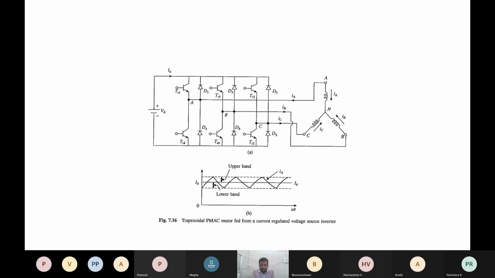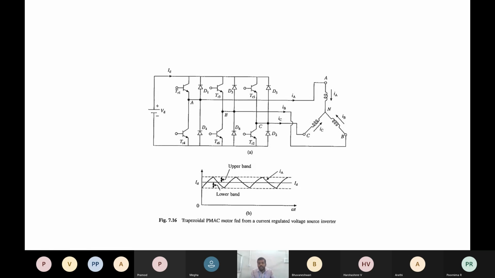Okay, so this is our path. That's why they are using diodes along with the transistors, which act as bypass devices. Since the current has flown against the voltage VD here, the rate of change of IA will be positive. When the current flows against the voltage VD, the rate of change of current IA will be positive. Otherwise, IA will be negative. So in this condition, IA will be negative.